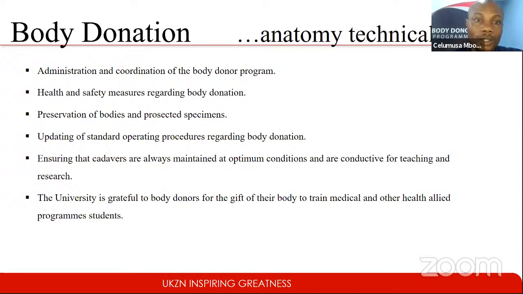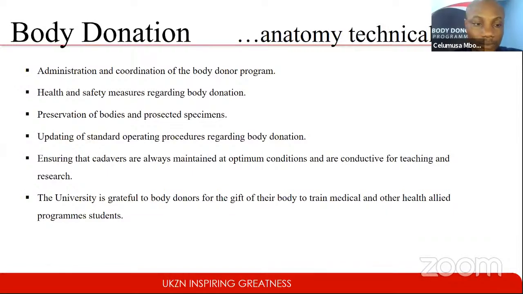Body donation. So in the discipline of clinical anatomy, as we've been speaking about it, we have the body donor program. And also in the discipline, we have anatomy academics and anatomy technical staff. And some of the responsibilities of a technical staff, which I'm part of, is administration and coordination of the body donor program, putting up health and safety measures regarding body donation, preservation of bodies and protected specimens, updating of standard operating procedures regarding body donation, and ensuring that cadavers are always maintained in optimal conditions and conducted for teaching and